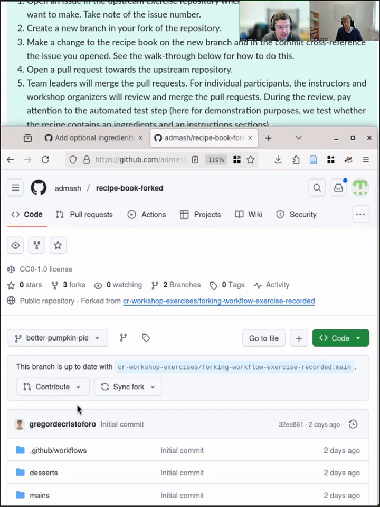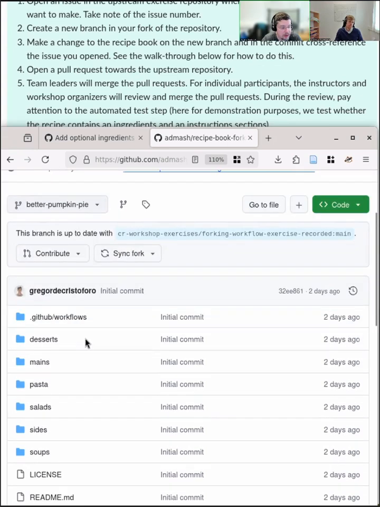So we don't want to get things all combined. So it's best to have compartmentalization: keep a separate branch for each separate set of modifications that you're making. Okay. So we have better pumpkin pie here, and now let's actually go and make that happen.